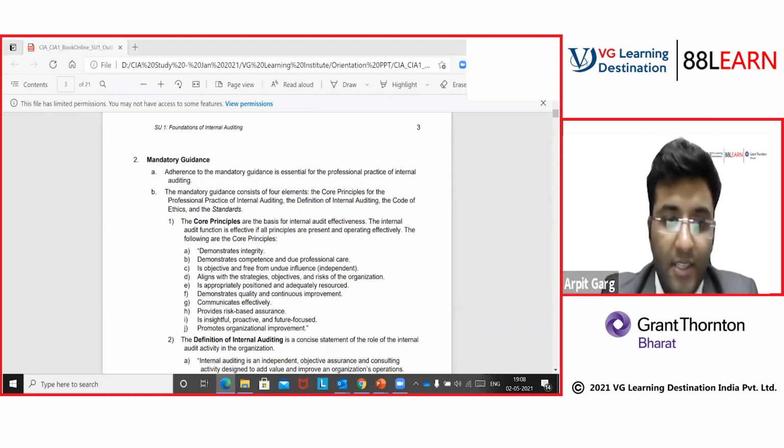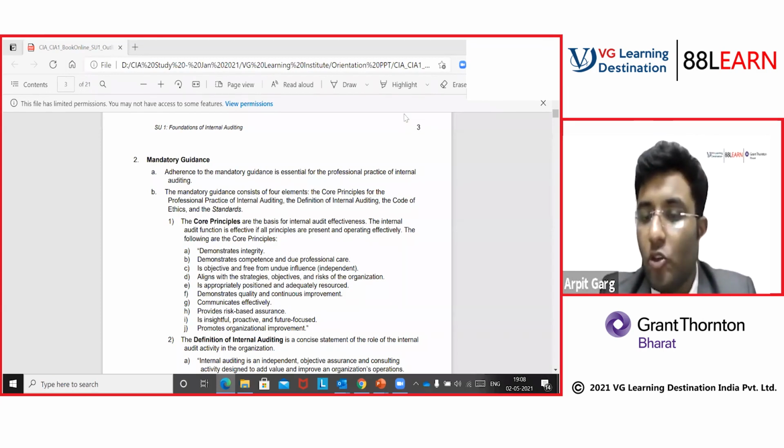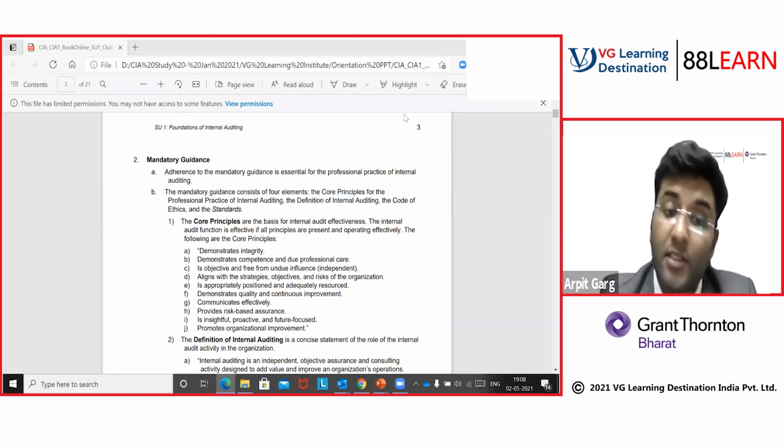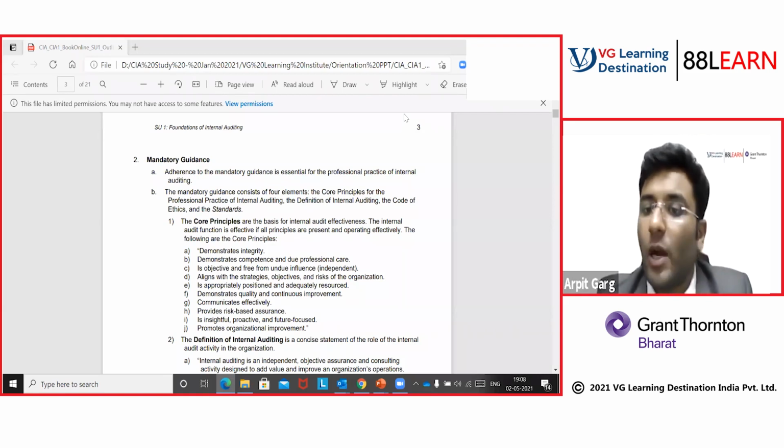Vishal is asking what is insight. So Vishal, insight is basically, suppose you have given a review of the HR and payroll process. You are looking into the process, understanding the process, and giving insights on that process. What can go wrong? Giving the insights of the complete business value chain, that this is how things are working and these are the areas where things can go wrong.